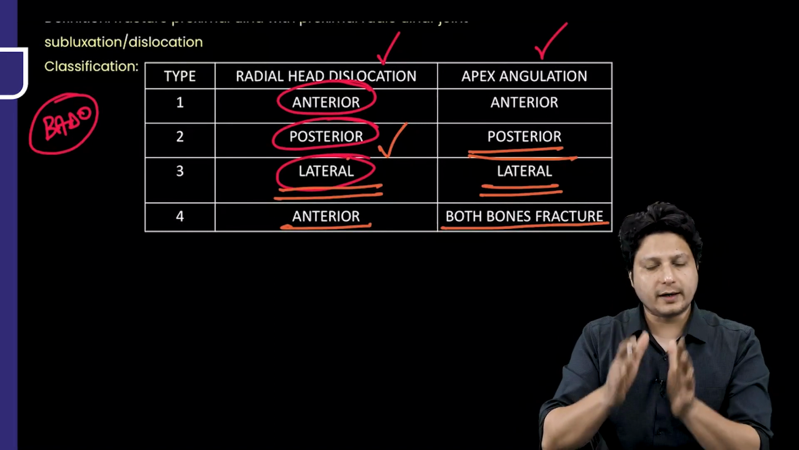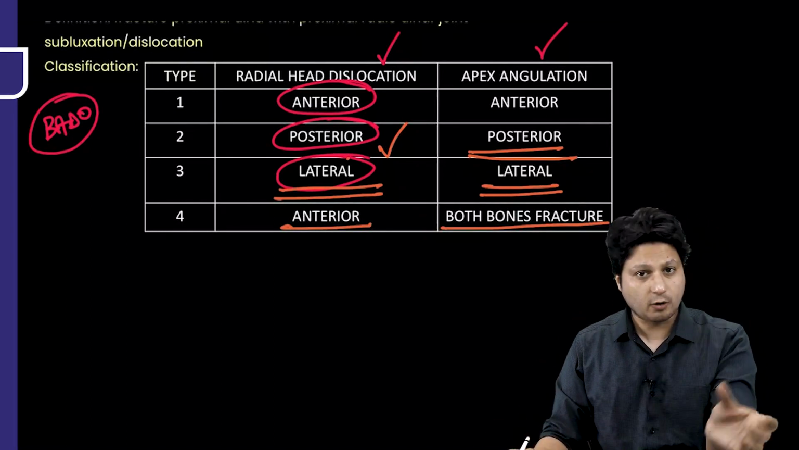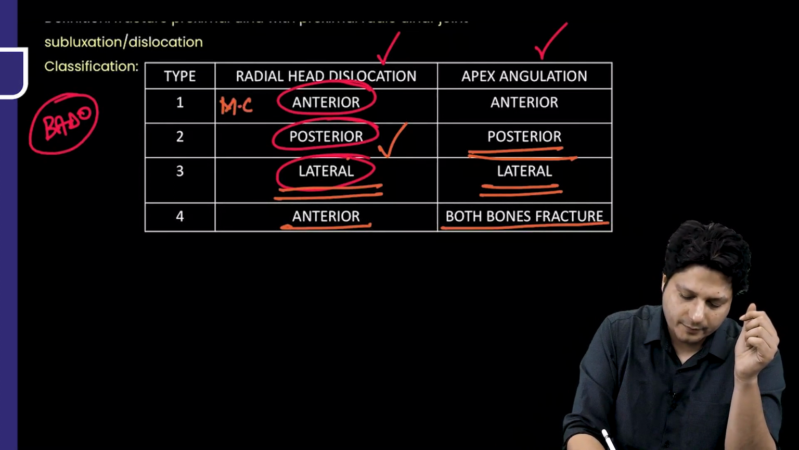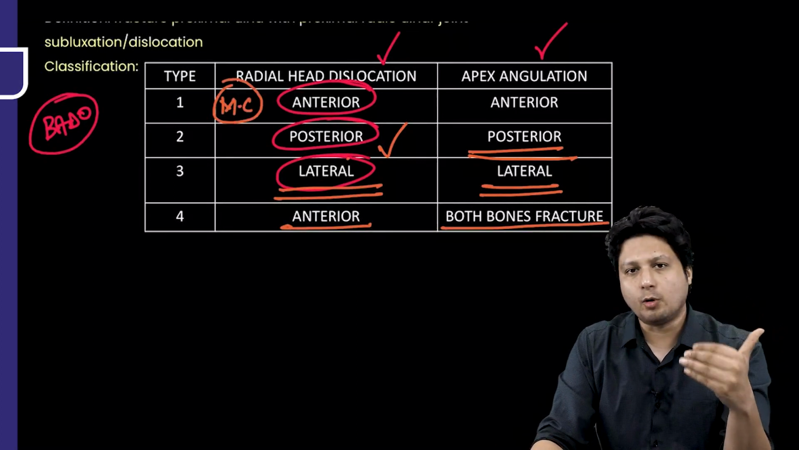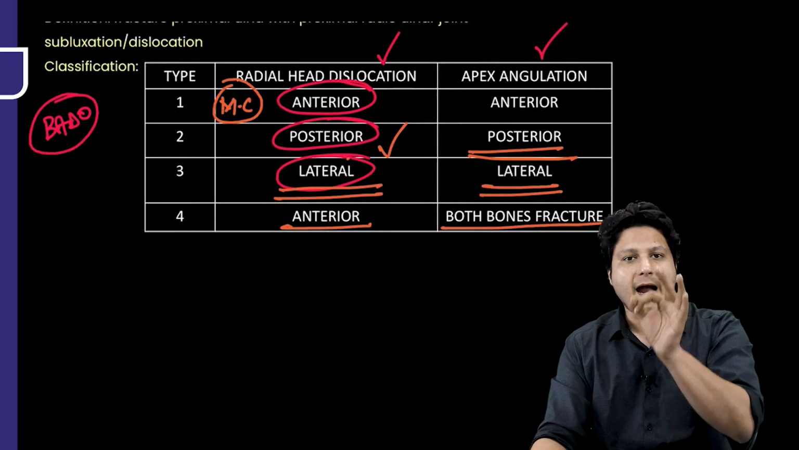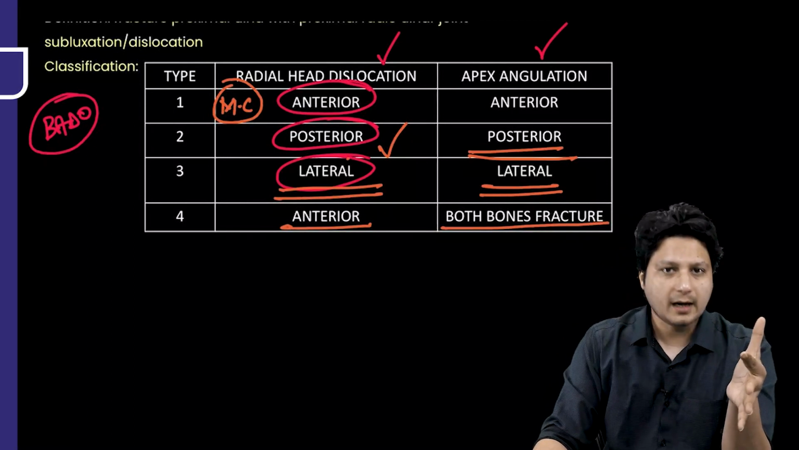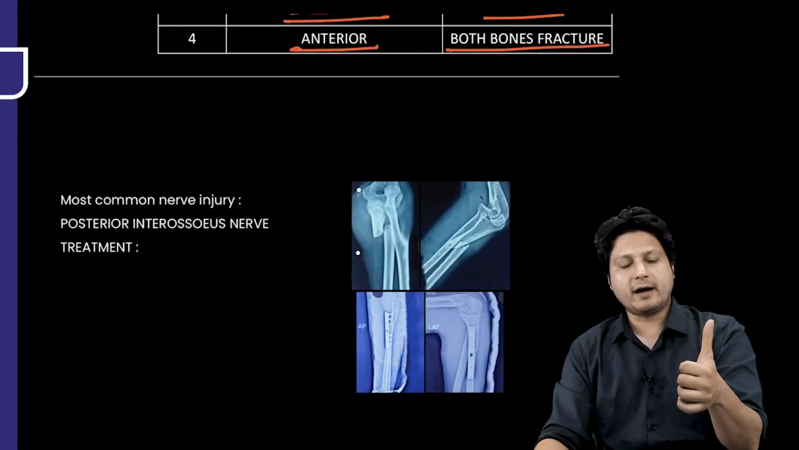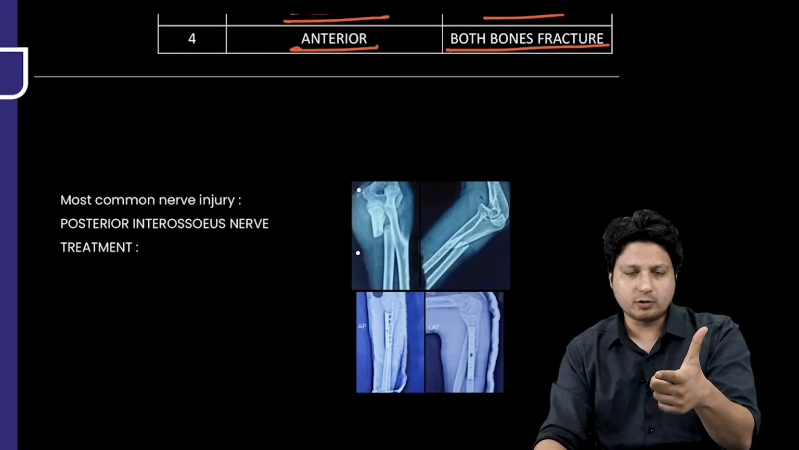So out of 4 different types of Monteggia fracture dislocation, according to Bado, the most common type is type 1. Type 1 is the most common type, where the fracture is apex anterior and the dislocation is also happening anteriorly. That is the most common type. The point number one, the definition we have discussed, you came to know the definition of